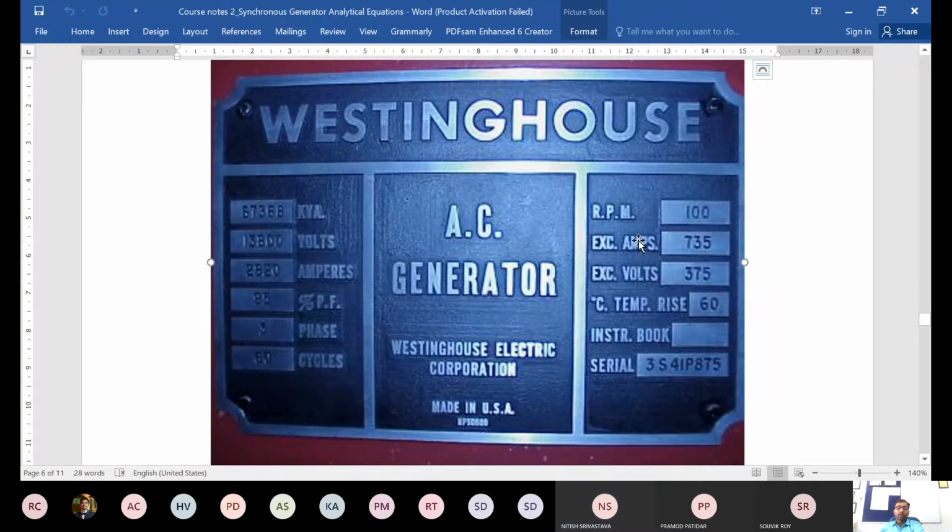Okay, now please keep it separated. One is the mechanical power input which is coming through the prime mover. Your RPM is determined by the RPM at which you run your prime mover, and both of these are determined based on the frequency at which you want to operate. So this is one line. Based on frequency you decide the RPM, and accordingly you run your prime mover at that RPM. That is one line.